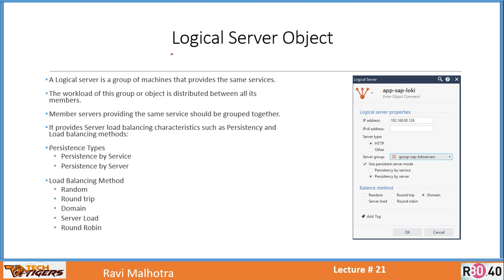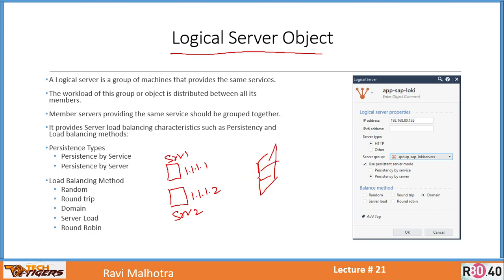Let me now discuss the logical server object. Most of you have heard about the concept of load balancing. Let me tell you, there's a server 1, a server 2. This is 1.1.1.1, 1.1.1.2. And here is a firewall. So you want to achieve load balancing so that when traffic comes to either of the servers, what you will do is create a VIP for 1.1.1.3. Any traffic which will come on 1.1.1.3 will be load balanced between 1.1.1.1 and 1.1.1.2